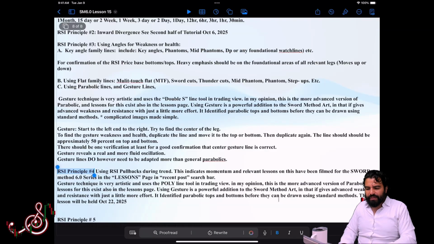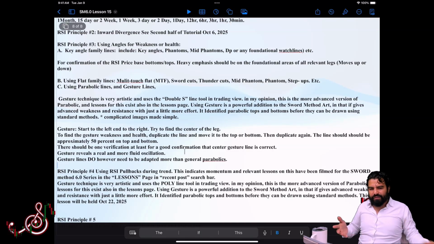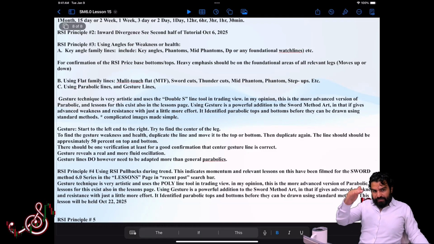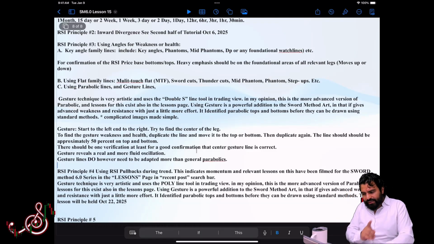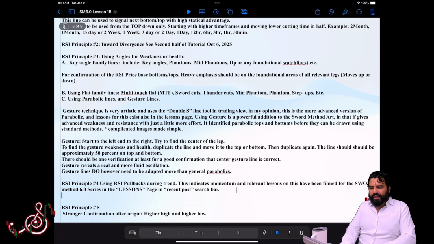Principle number 4 is using RSI pullbacks during downtrends. Now, just like gesture has its own videos that you can find by typing in gesture on our lessons page in our 6.0 series, you can also see the RSI pullback. I don't want to spend too much time with RSI pullbacks, but I did want to mention this. This indicates momentum, and relevant lessons on this have been filmed in the Sword Method 6.0 series on the lessons page. Since I copied and moved that gesture, I can delete that. Good. Okay. I want to put this: gesture, RSI pullbacks